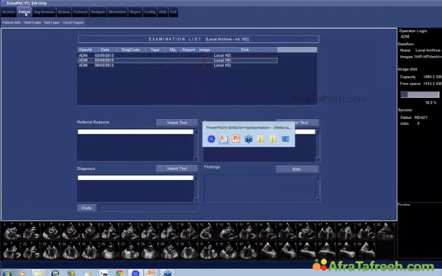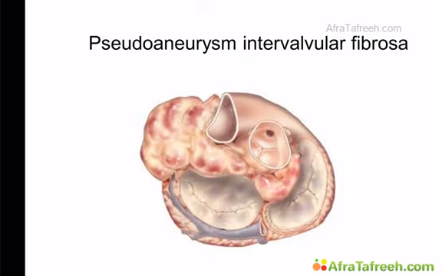He was operated, and everything went quite well, and he's recovering now. But the importance of the TE study was simply that it showed us the urgency of the situation and the necessity to operate the patient as soon as possible. Now here's an image of such a pseudoaneurysm. This is the aortic valve, and you see that these pseudoaneurysms can get fairly large. In our case, it did not expand here towards the right heart, but it just expanded more cranially. But this is something that you sometimes do find in such patients who have endocarditis. It's a fairly common and well-appreciated complication of endocarditis in the aortic valve. Okay, now